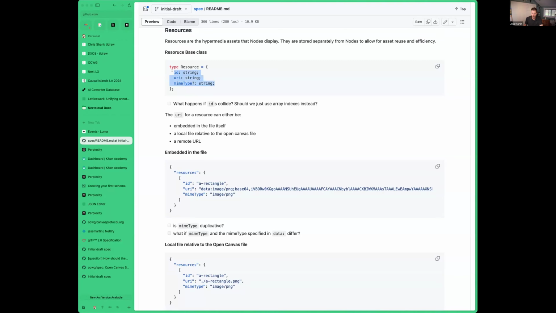But were there other properties that we discussed resources having, either all the time or optionally, that I'm missing? So I looked into this part, and actually, if we say that our nodes are referring to resources, and resources can live on the web, in the file, or next to the file, then